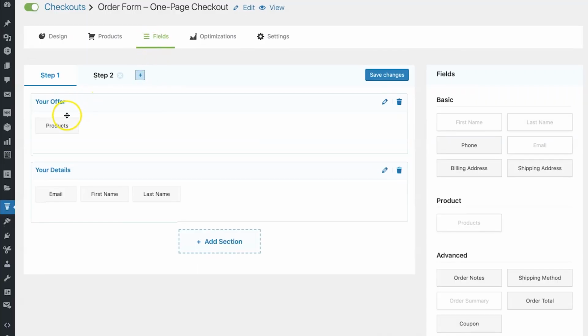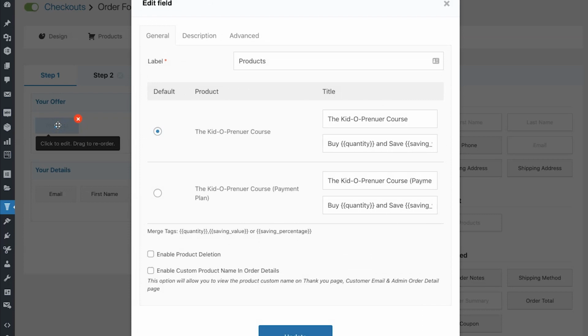Okay, so this is the fields tab, and in here under your offer headline we have products. So well, this is from where you can choose the default option. Whichever you select from here would be pre-selected as a default option. In addition to that, you can write a sub headline here.